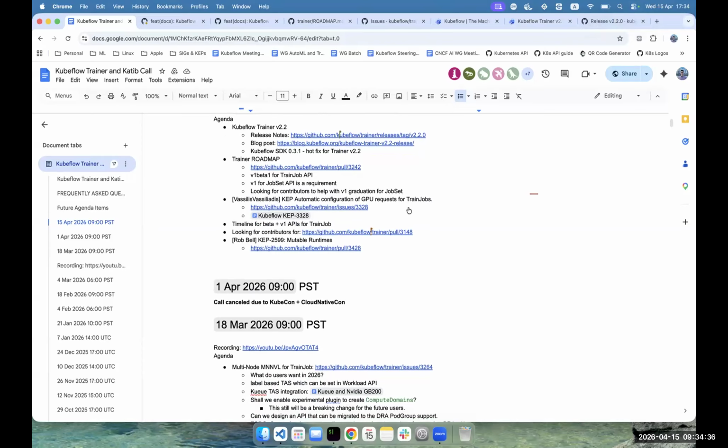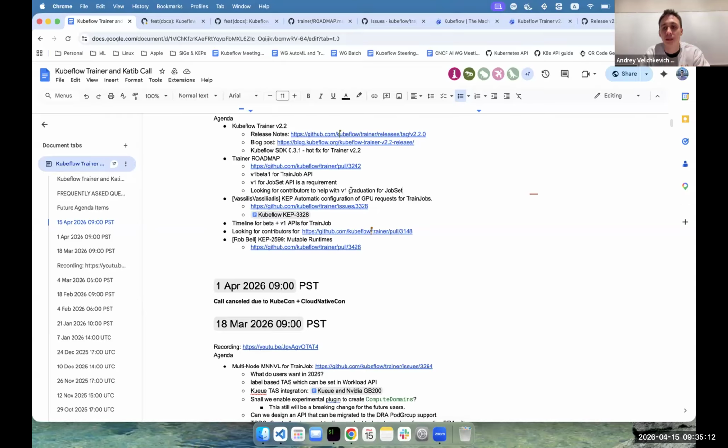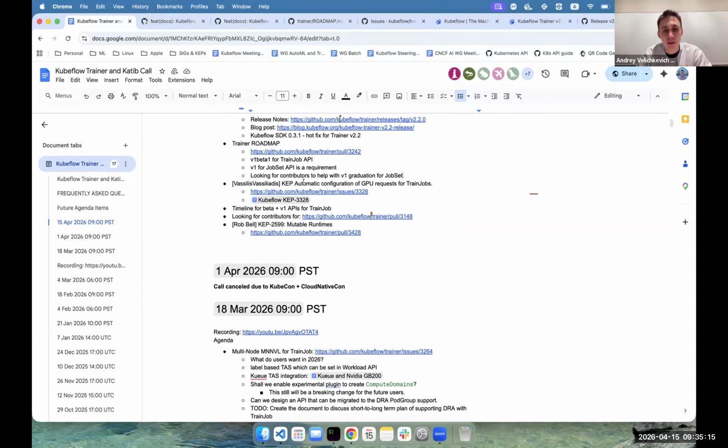This is just a comment. In the worst case, if the JobSet side cannot provide a conversion mechanism after V1 or beta API graduations, we might need to host the conversion mechanism inside of the Trainer side, from alpha to V1 or from alpha to beta API. This is just a comment, for this worst case. Yeah, makes sense. Makes sense. And it's basically maintaining this on the Trainer side, right? Yeah. Okay.